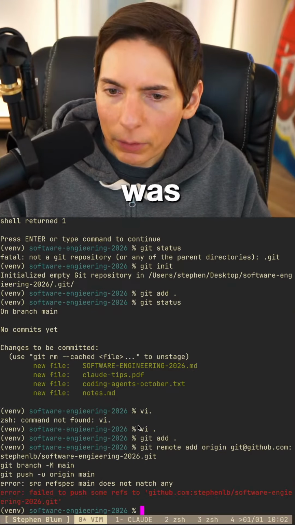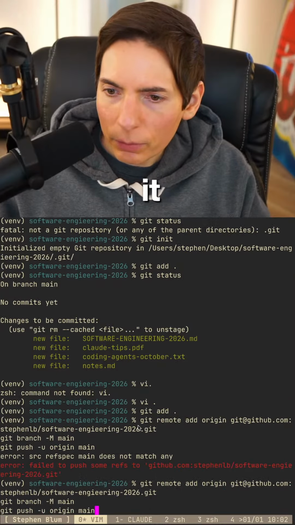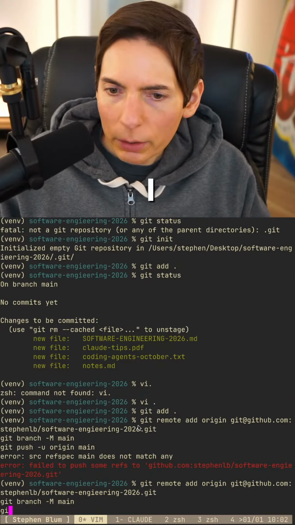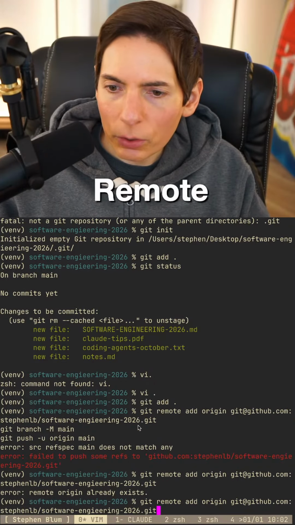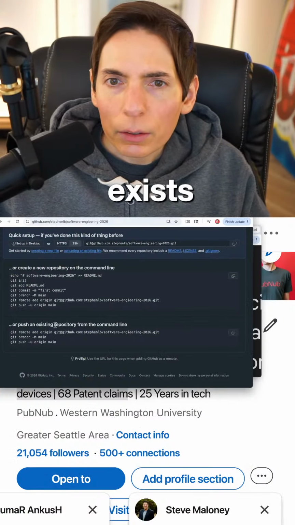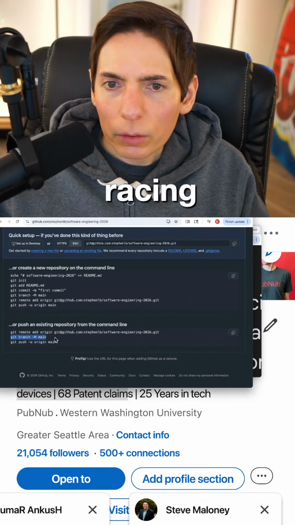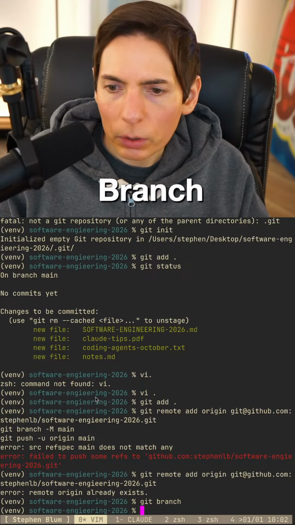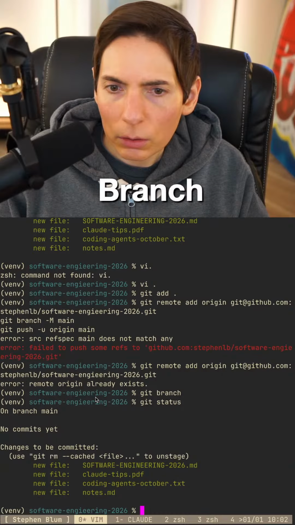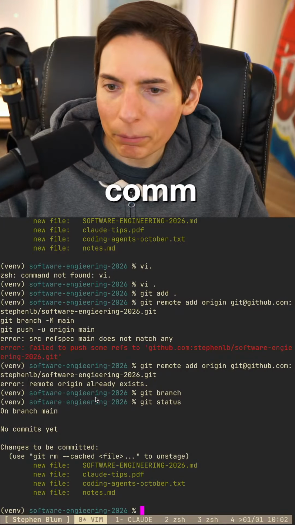What was wrong with that? Did I do it too quickly? Remote already exists. Okay, there might have been a race. Do we already have the main branch? Git branch. Oh, we didn't commit anything yet.